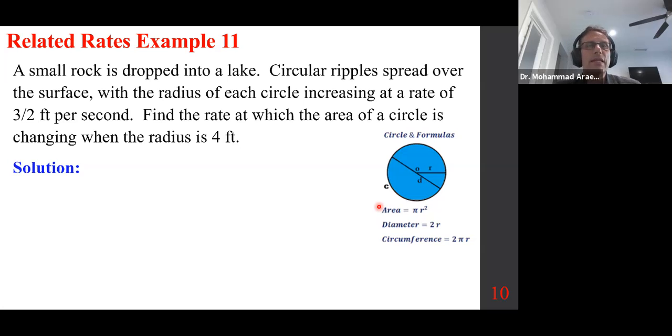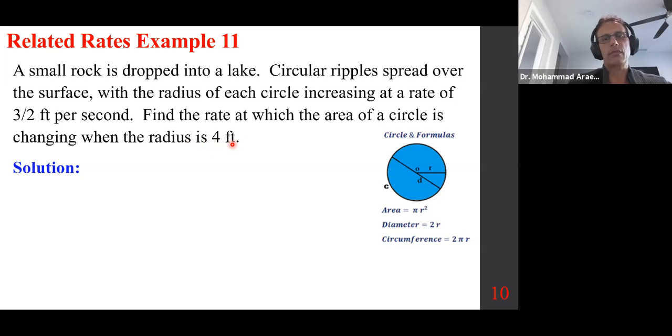Now let's translate and see what we are interested in. Circular ripples spread over the surface with the radius of each circle increasing at the rate of 3/2 feet per second. That means dr/dt is positive 3/2 feet per second. So that's dr/dt. What do we want to find? The rate at which the area is changing. So we want dA/dt when